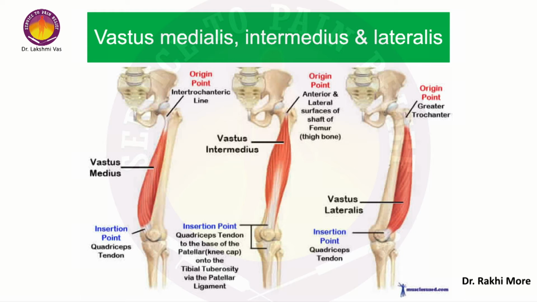When I looked at the anatomy pictures, this was the image I was carrying in my head. But when you put the ultrasound probe on the lateral aspect of the thigh, you will see a second layer. So I remember asking Rakhi, is there a superficial part and a deeper part of the vastus lateralis? She said, no madam, there is only one head of vastus lateralis. And so I said, what is this muscle? In anatomy it's not very easy to see, but in sonoanatomy you see very clearly a distinct muscle.